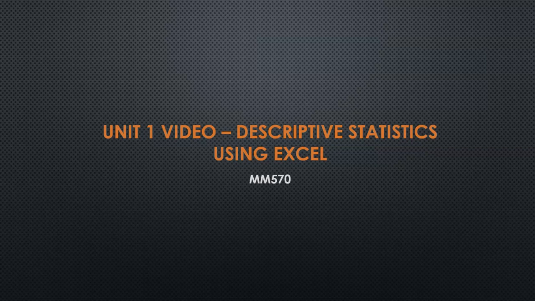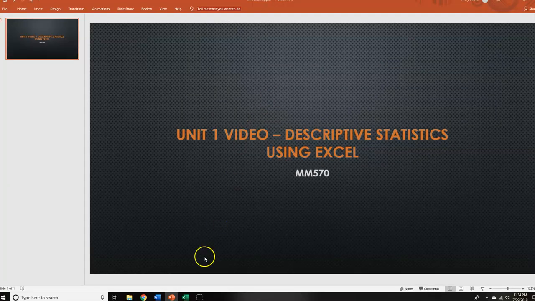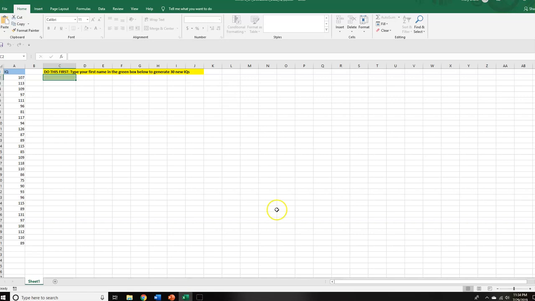And then this one will show you how to actually do the summary statistic calculations using Excel and specifically using the data analysis toolpack. All right, so let me pull up the IQ data set. Now, this is the original one where you're going to have watched the generating random data video and know how to type your name in the green cell, press enter so that it gets you 30 new IQs. And then you're going to want to copy,